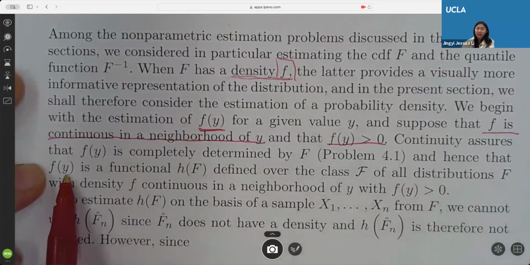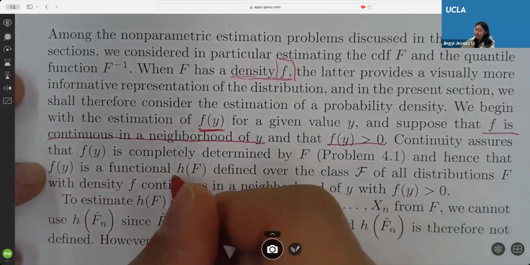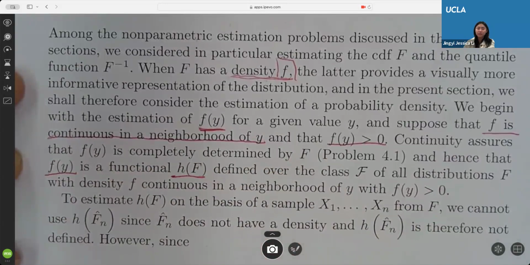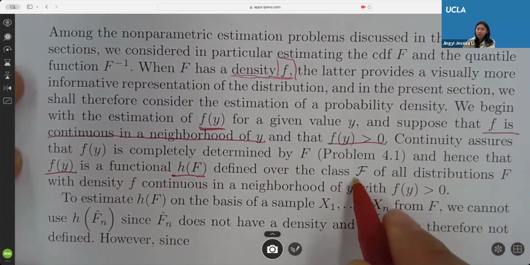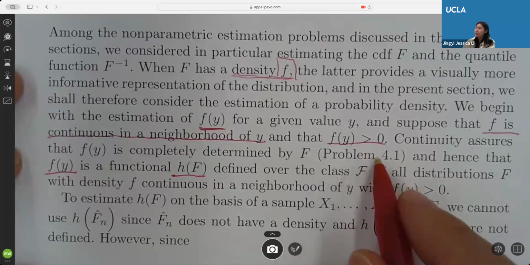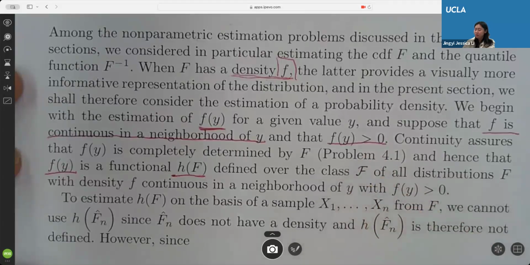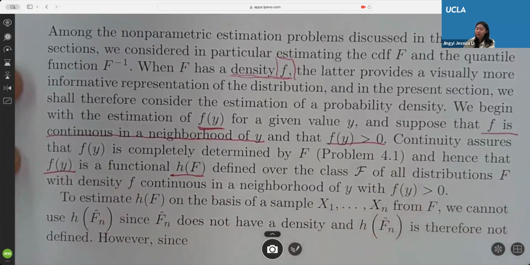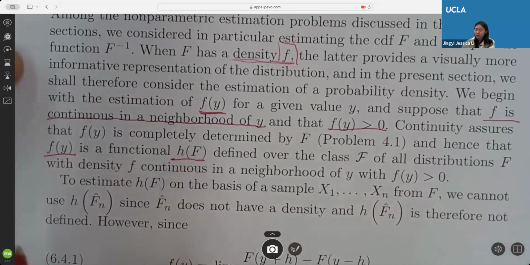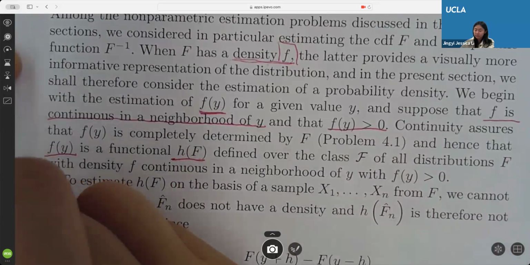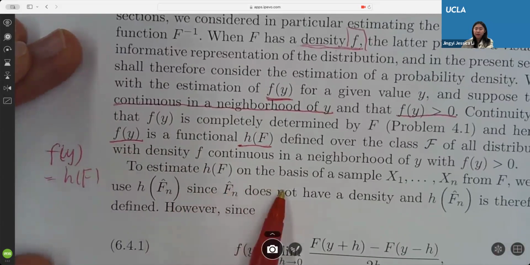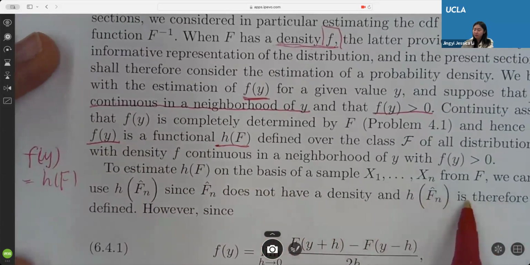Hence f(y) is a functional, because it's a derivative of F. That's why functional is a very broad notion. It's like an operator; you can take a derivative. It is defined over the class, and when we say a class we usually use the calligraphic letter, for all distributions F with density f continuous in a neighborhood of y. To estimate this functional, essentially f(y) equals H(F), on the basis of a sample x1 to xn from F,